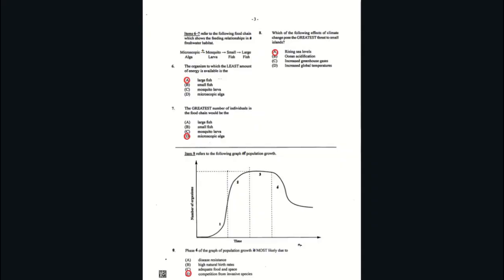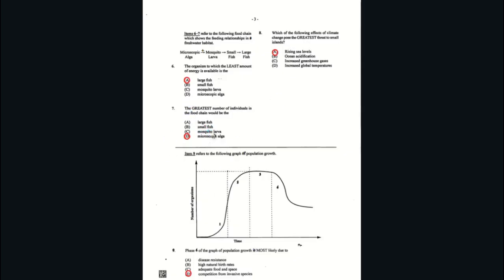Right, so let's talk about number 7. The greatest number of individuals in the food chain would be the microscopic algae, which is D. And the reason for that is, have you ever seen a pyramid? On the pyramid, you would see that the producers are the largest. And as you get to the top of the food chain, you realize that our apex predators or tertiary consumers are fewer, right? So usually we have a lot of producers, and as you go up the pyramid,